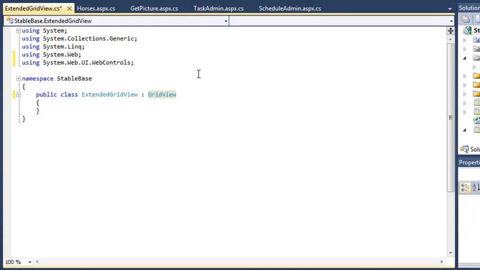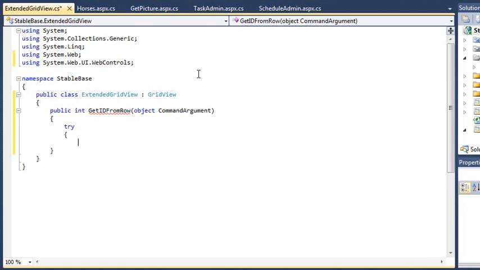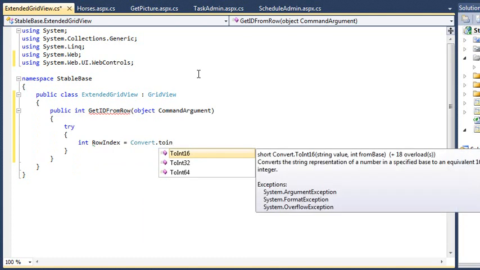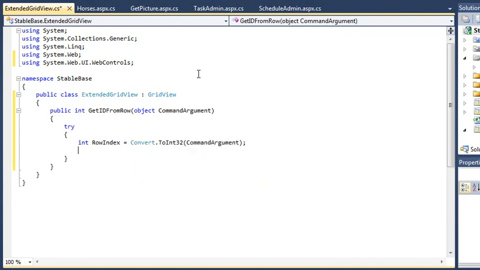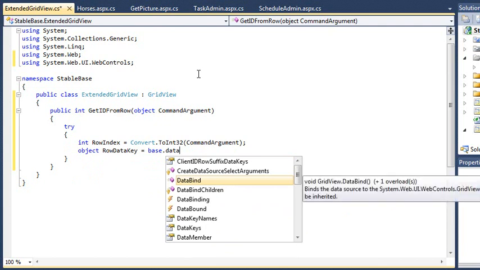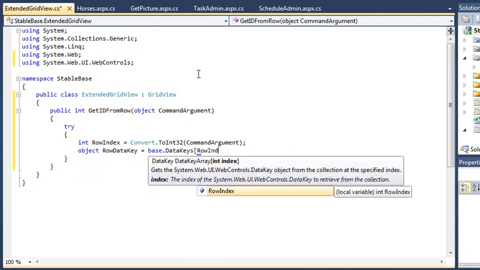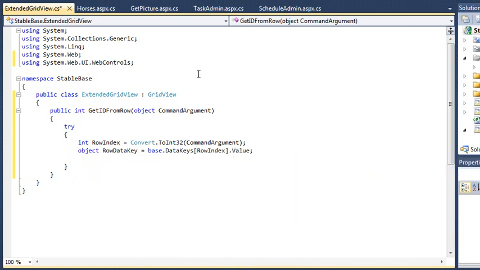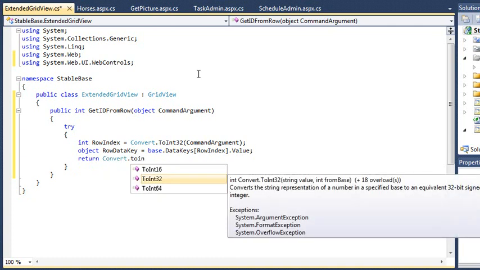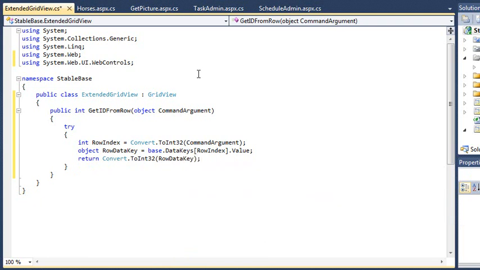Add the following method to the class. public int GetIDFromRow(object commandArgument) { try { int rowIndex = Convert.ToInt32(commandArgument); object rowDataKey = base.DataKeys[rowIndex].Value; return Convert.ToInt32(rowDataKey); } catch { return 0; } }